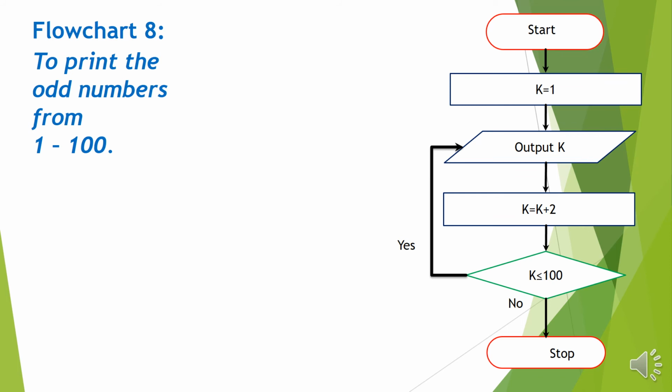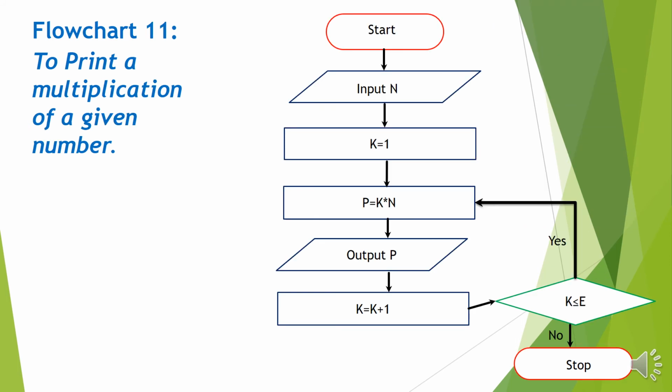the condition becomes false. In this problem, we have to print the multiplication table of a given number. Means we have to perform the multiplication of the number. Again, we will start our flow chart with the start symbol. Then we will use the parallelogram for input purpose. Here we only need one variable for input.